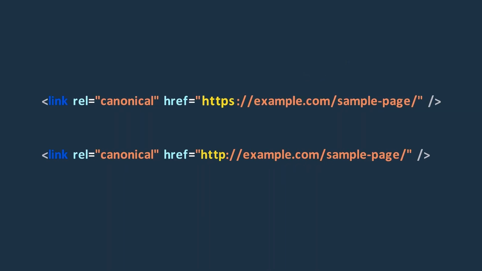Rule number 3. Use the correct domain version. If you have switched to SSL or secure version, don't declare any non-SSL URLs in your canonical tags. For example, use this version if you're on a secure domain, and use this version if you're not using a secure domain.